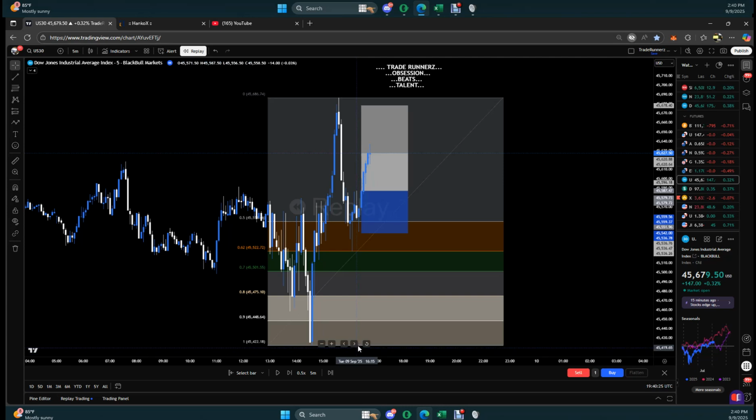So let's see how it goes. We're going to put our stop loss about right up in here. So it'll be a 2 to 1. That's about a 2 to 1 right up in there. And see how it goes. If it continues to go up,